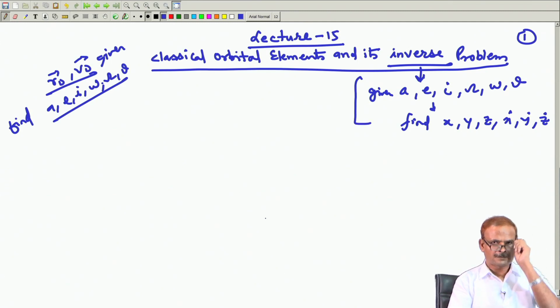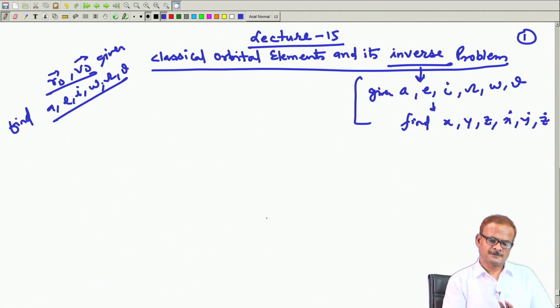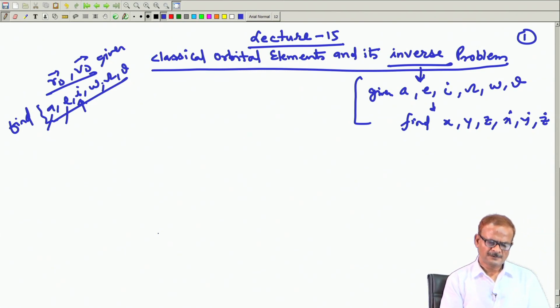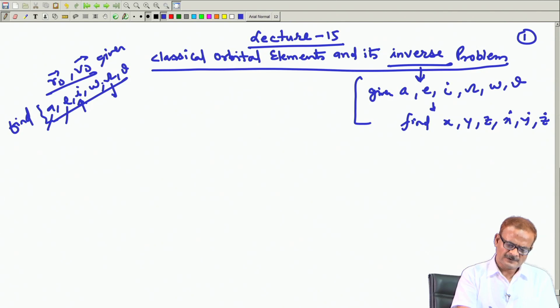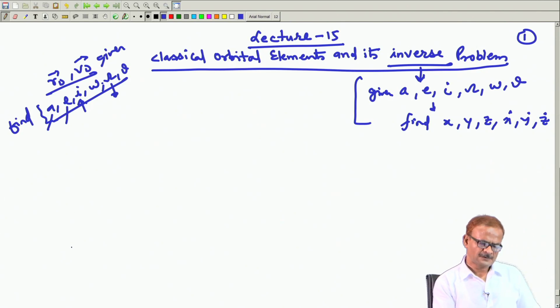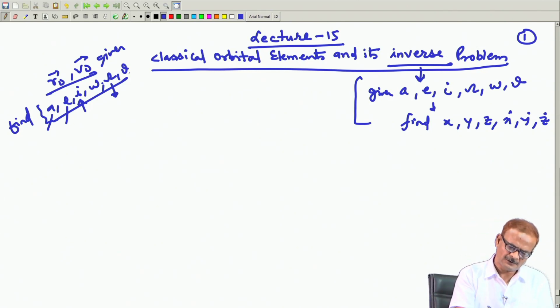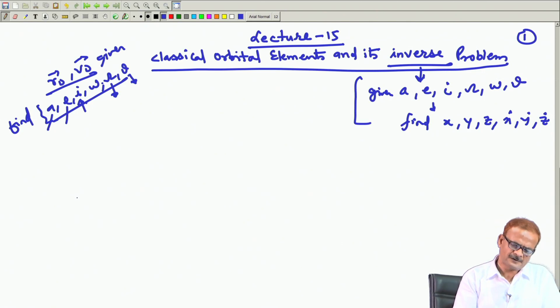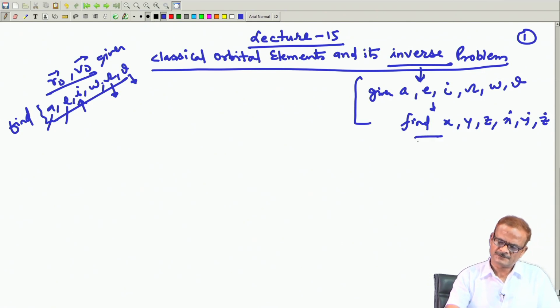As I mentioned to you earlier, we will also be finding these elements by the scalar method. Already we have done all these things, and while working out I have done a few of them by the scalar method. Omega and theta we have already done by the scalar method also. So, only one thing remains about the omega. I will quickly work this out and then we will go to the inverse problem.